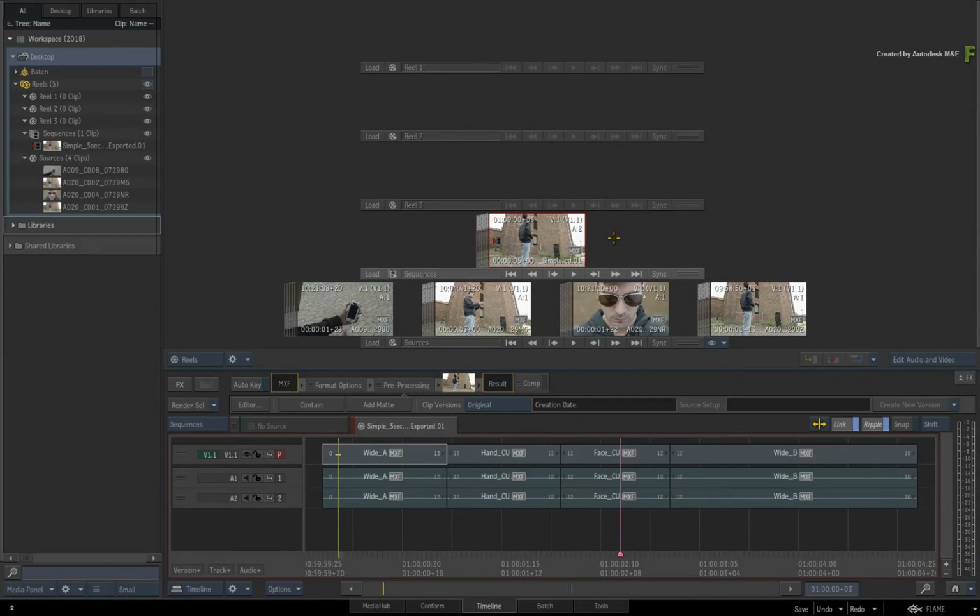In part 1 of Conforming in the Flame 2018 products, we looked at the basic conform, where the sequence assembled and automatically linked to its media. This does happen sometimes, but it's not always the case. In part 2, you'll go through a more advanced conforming example of what could potentially happen and how to deal